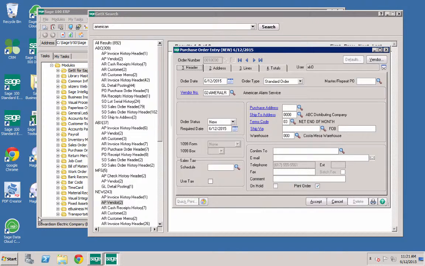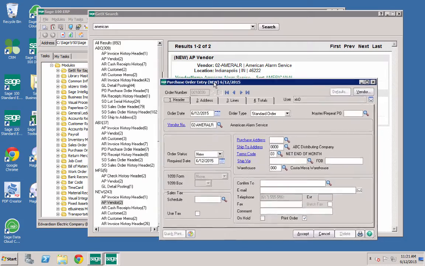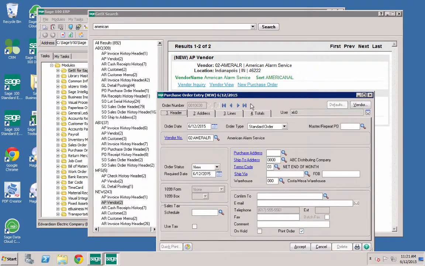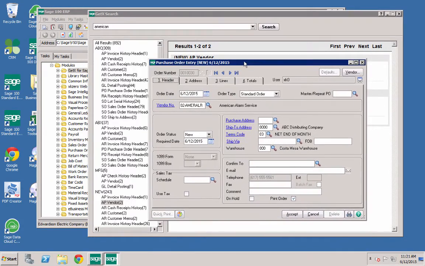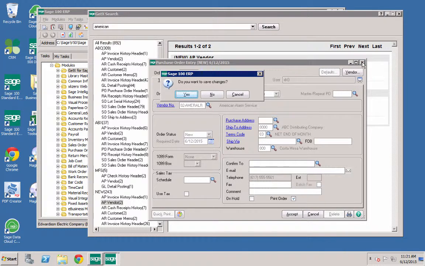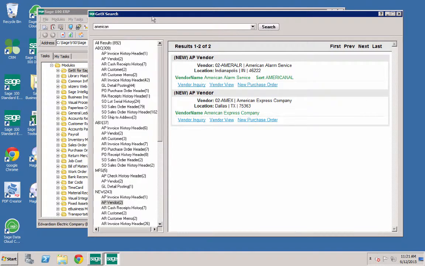In an entirely different company code than what I'm working in right now, I found a match just based on partial information. I was able to choose as one of my options, create a new purchase order. And so it's given me the new number, and it's also filled in my vendor number. And now I can go ahead and get going with creating that PO for that customer. The searches that we've done so far have been very simple